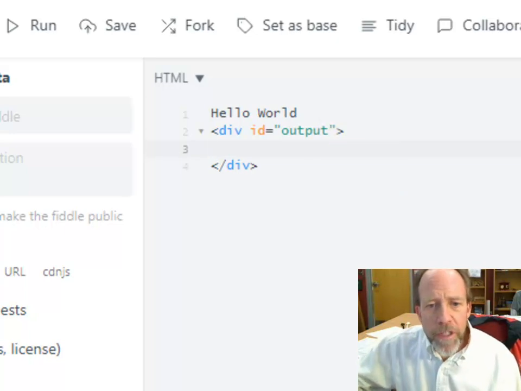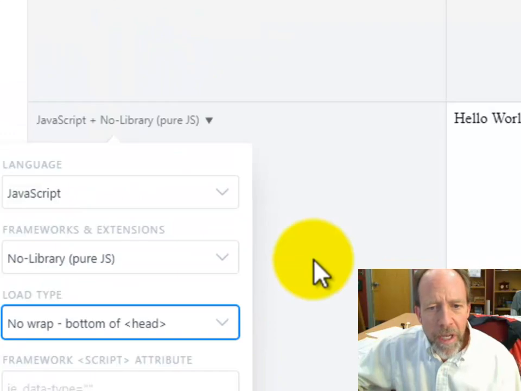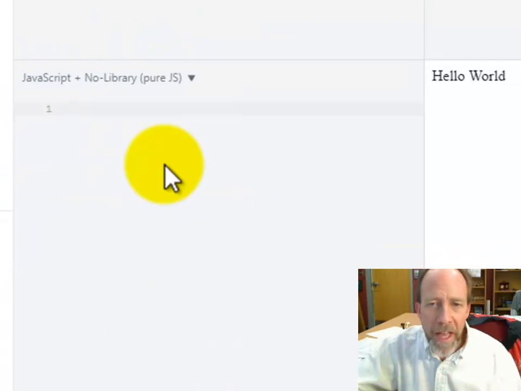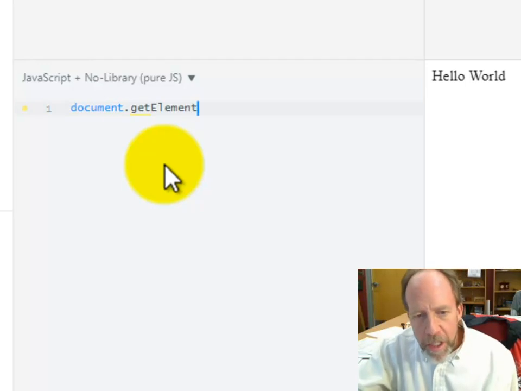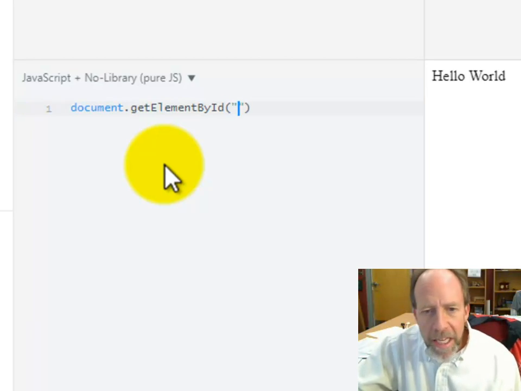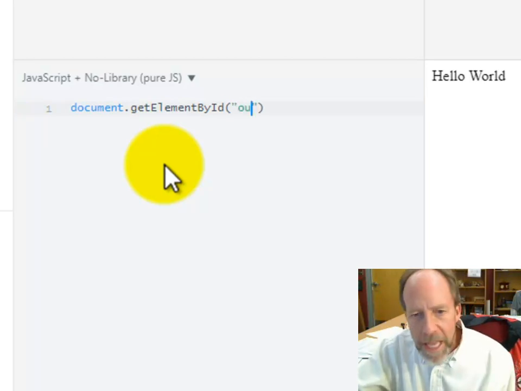So down here, the first thing I got to do is go ahead and say I'm not going to do the JavaScript unload. I'm going to have it in the head, and I need to put that hello world there into that output. So in the document object model, I can manipulate the document object, so document, and using dot notation, I'm going to get element by ID. That is actually a method of the document, and the ID of the div where I want to put this is output,